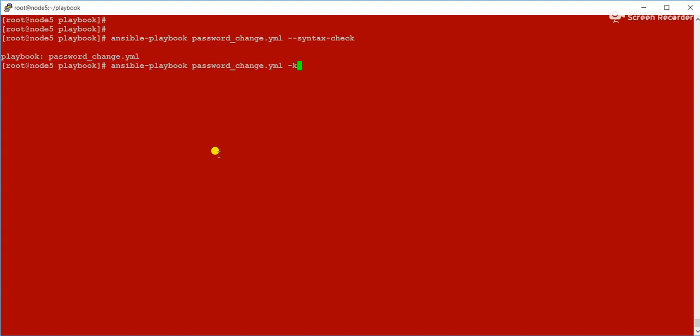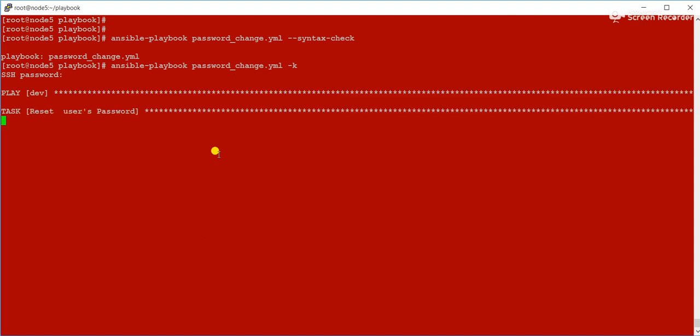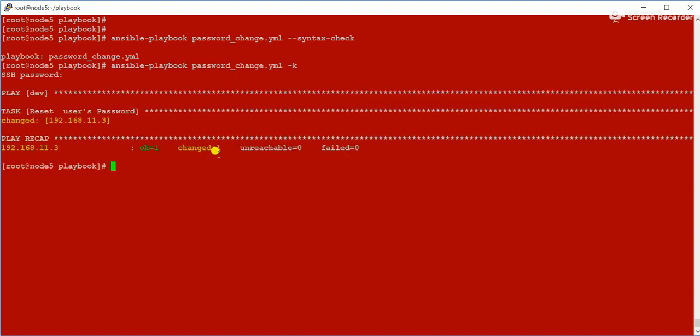I am using the root user in this case, so it is asking me the root user password. So here I have to provide the password. So I have provided the password. Now it will start the execution.